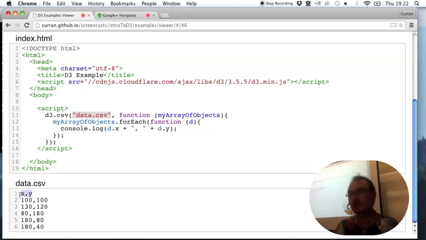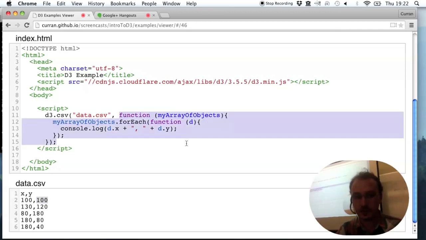The first row contains the column names, and all the other rows are the values for each row of the data table. For example, the X value of the first row is 100, and the Y value of the first row is 100. So d3.csv will load that file,